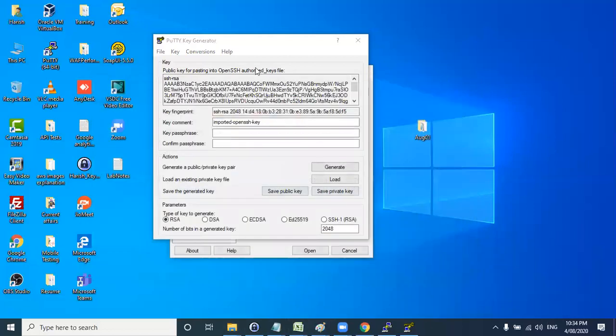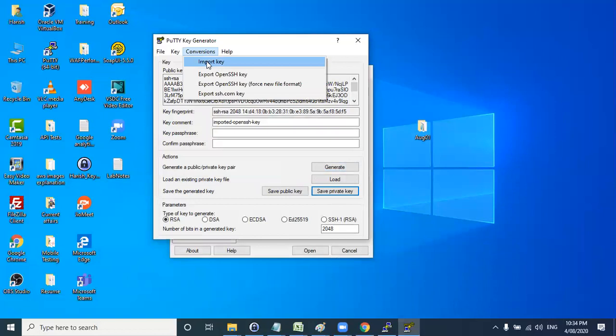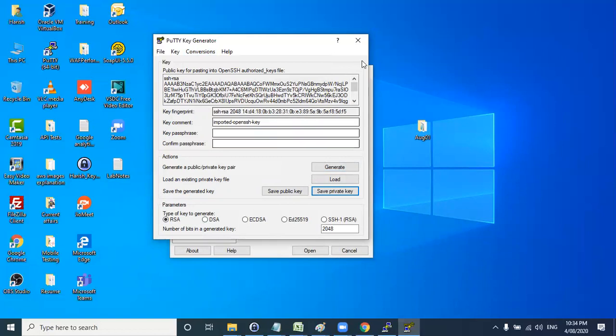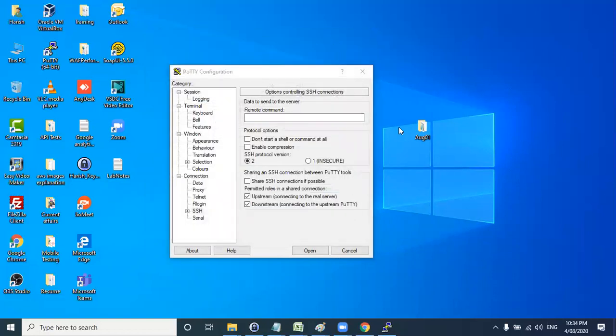That's the only thing you need to do under putty generator. If you click on generate, it will generate some different private key, so don't click on generate. Just after importing the key from conversions, click on save private key, and you can select the location where you want to save. The key type should be RSA only. Don't select any other algorithm. Okay. Clear? Any questions here?